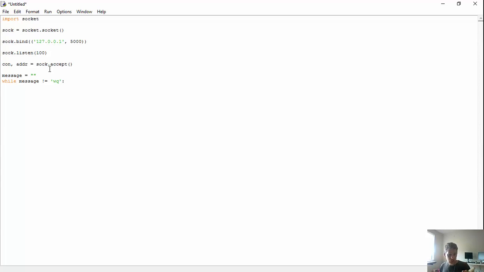So the message, I'm making a variable right now because we need to be able to accept things from the ship when it comes in, right? They're going to be sending us stuff, okay? So I'm just making a little variable to hold whatever they send. But when they send stuff,